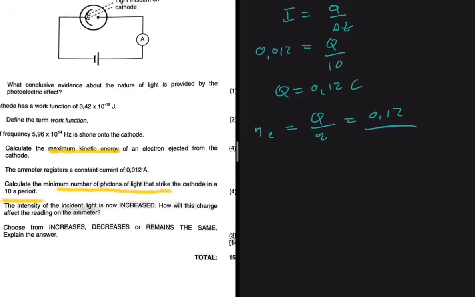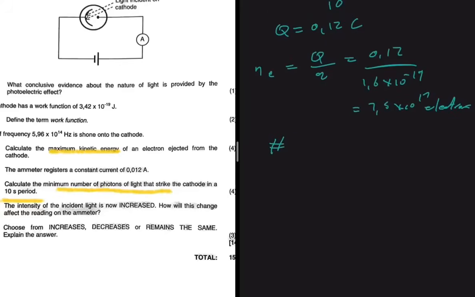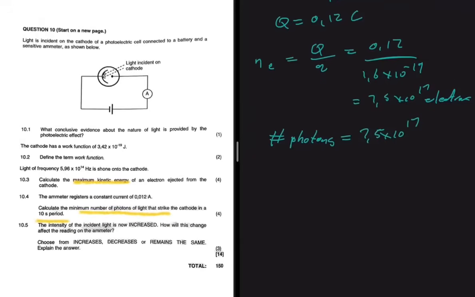The charge of an electron is 1.6 times 10 to the minus 19. So our answer here should be 7.5 times 10 to the 17 electrons, right? So the minimum number of photons is also equal to 7.5 times 10 to the 17. The last question,